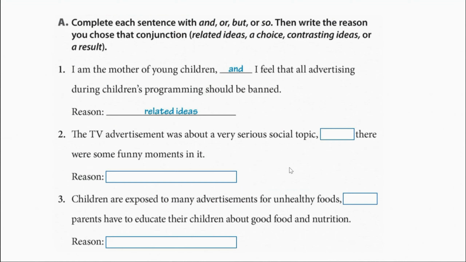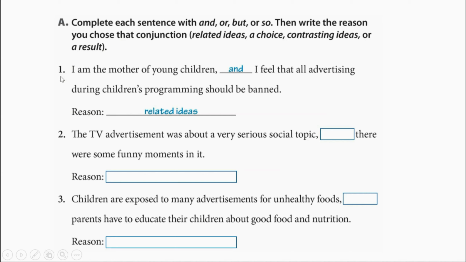Okay, after this, let's do activity A, where we have to complete each sentence with and, or, but, or so. And we also have to write the reason why we chose that specific conjunction. The reasons are here. Related ideas, this is for and. A choice, which is for or. Contrasting ideas, which is for but. And a result, which is for so. We have to choose one of these reasons and write them down here, like it's been done for you in